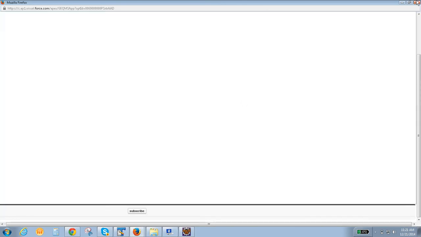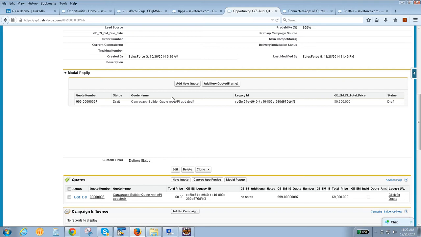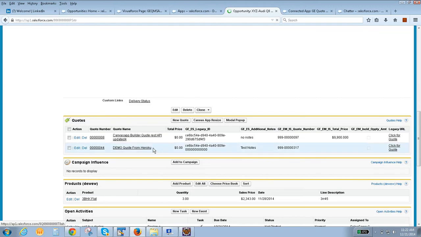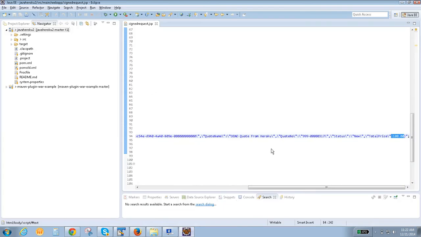Okay, clear. So once the data is received, a new code has been created. From that JSON string, I'm extracting the details and creating the new code. See here, a new code has been created from that particular subscribe and publish model. If you refresh the list, another code will be there, the demo code from Heroku.